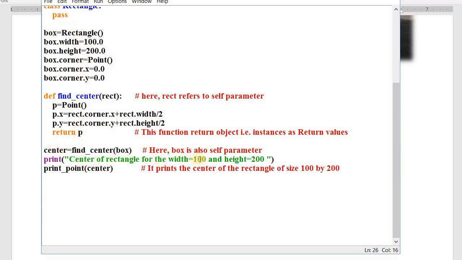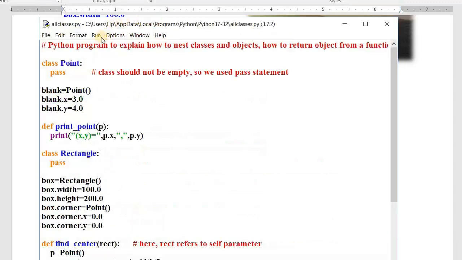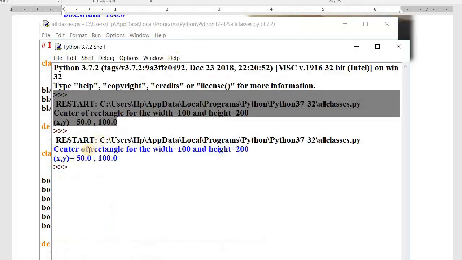I displayed the appropriate message. That center I am passing to print_point. Print_point will print x and y. That is the center of the rectangle. Let us run the program and see the output. Run, run module. Yeah, we got the correct result, 50.0,